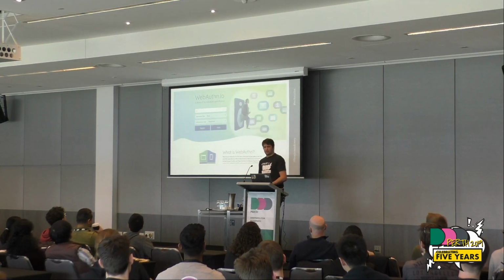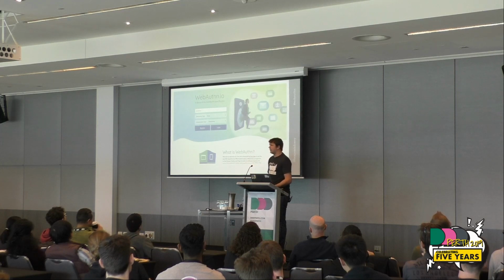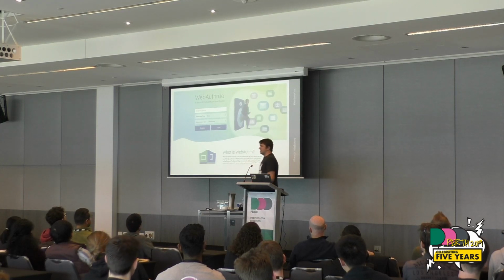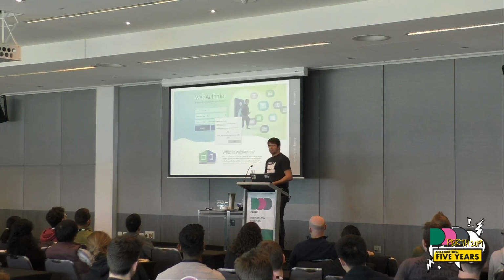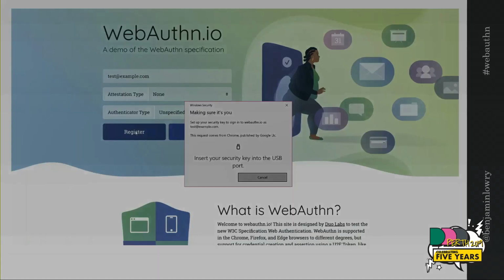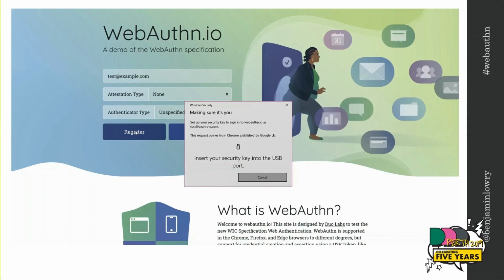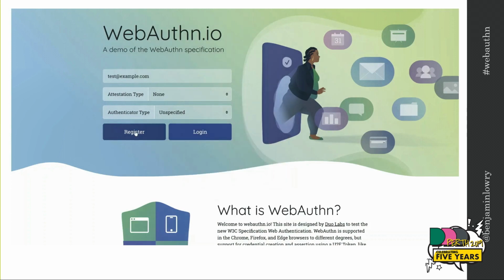So you start off on this site, for example, WebAuthn.io, and I'll enter my email or username, and I don't need to enter a password. And I click register. I'll get a little prompt from my browser telling me to enter my security key, or if you do it on your phone, it'll ask for your fingerprint. You probably have a few prompts before that to say what kind of key you want to use. And then you touch it and you're good to go. You can log in pretty much the same, you just touch a device.